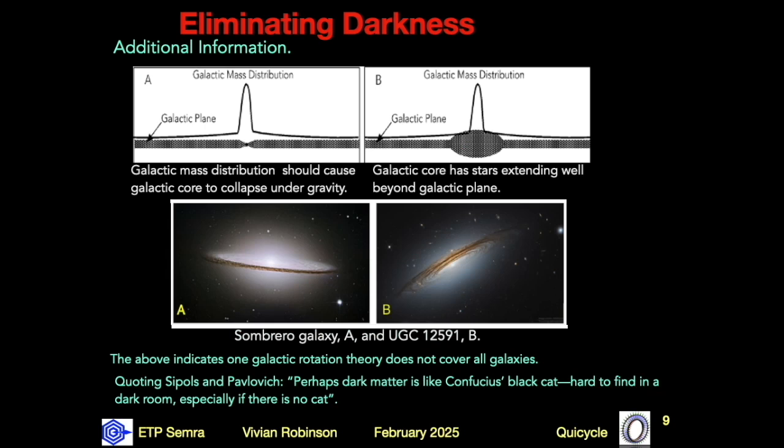There are other effects this explains that are related to individual stars, but there are two that are related to galaxies. Galaxies have their greatest mass density in their central core. If gravity was the only factor affecting their mass distribution, the stars would collapse to form a small, dense core, as suggested here in A. The reality is shown in B, that galaxies bulge out in their central core.